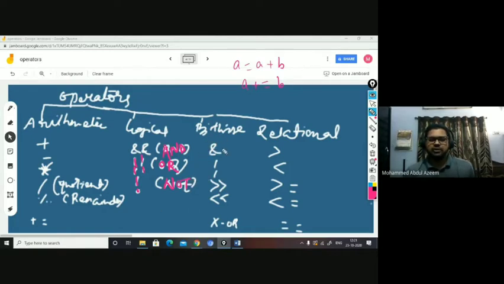And then under bitwise operators, you find single ampersand is said to be the and. Single vertical bar is said to be the or. Then you find double greater than, which is shift right. And double less than, this is said to be shift left.